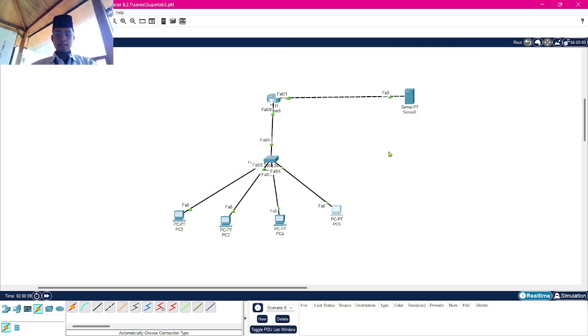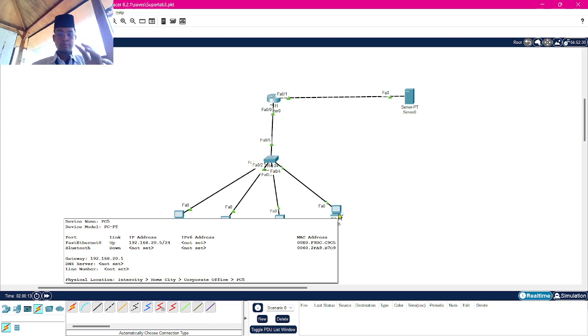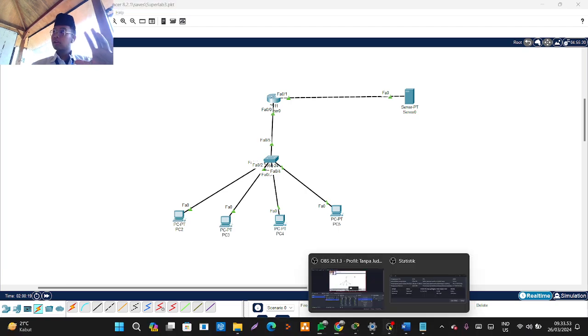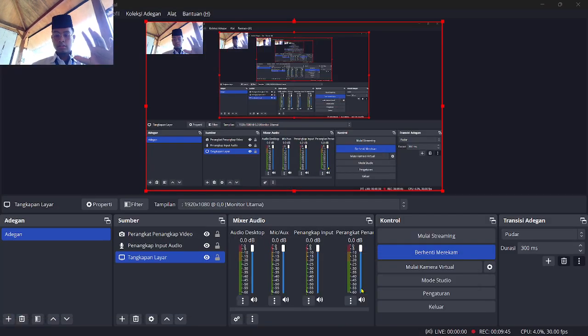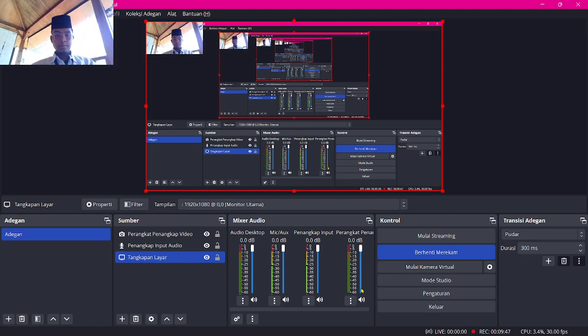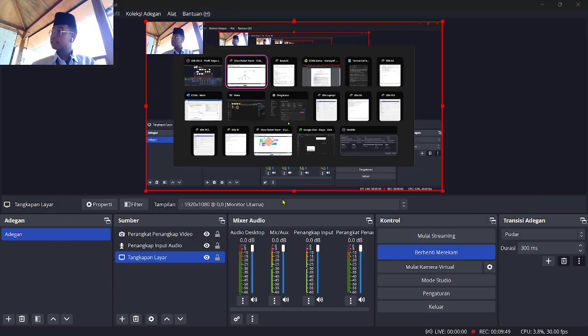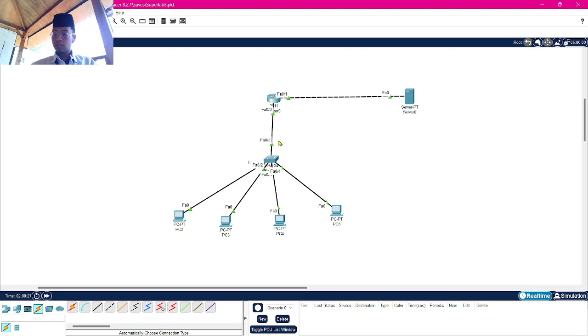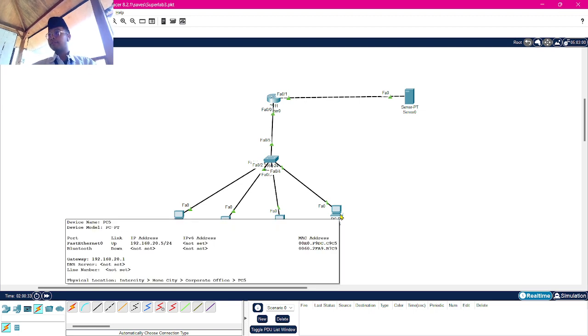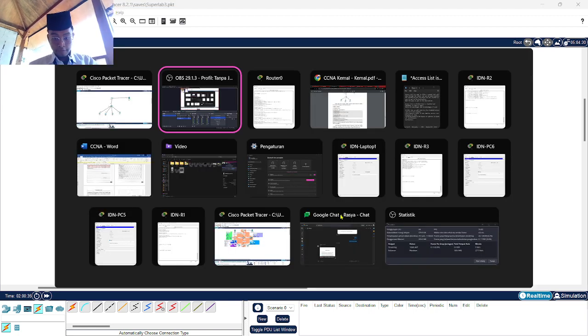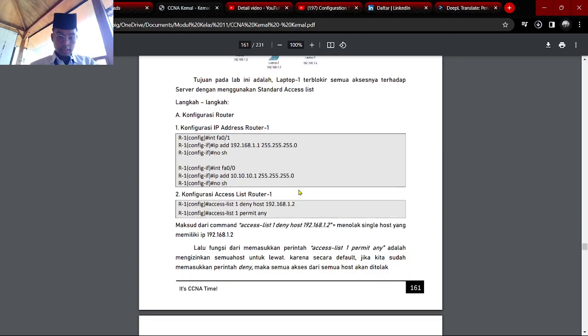Now if already you can check in like this. You stay in client first. After that, yes, you wait. You check first. Check in for the client 2 until client 5 or PC 5. And then after that, if ready,